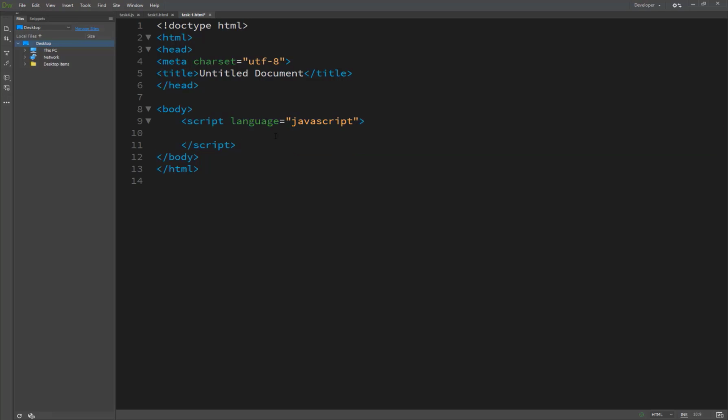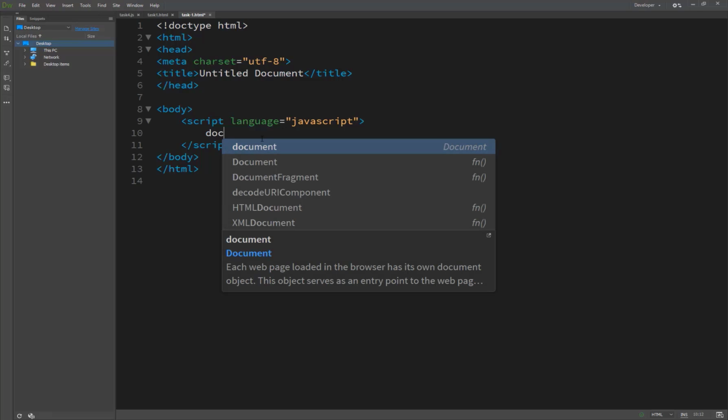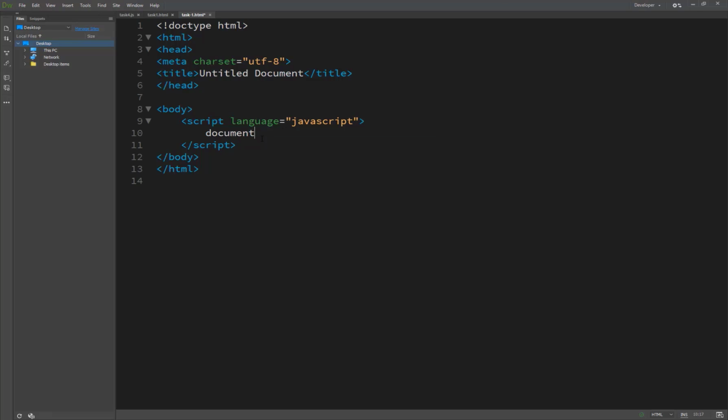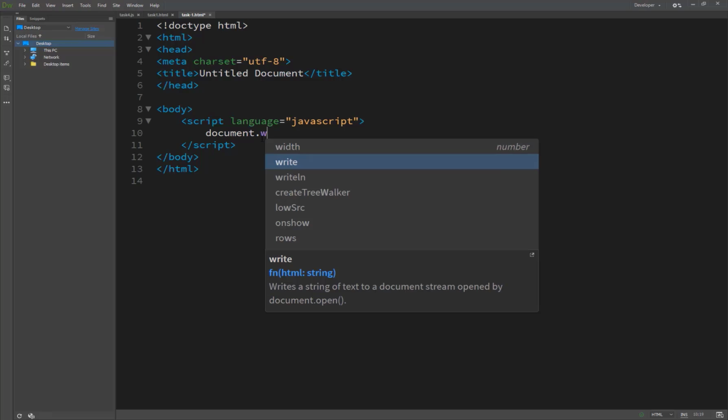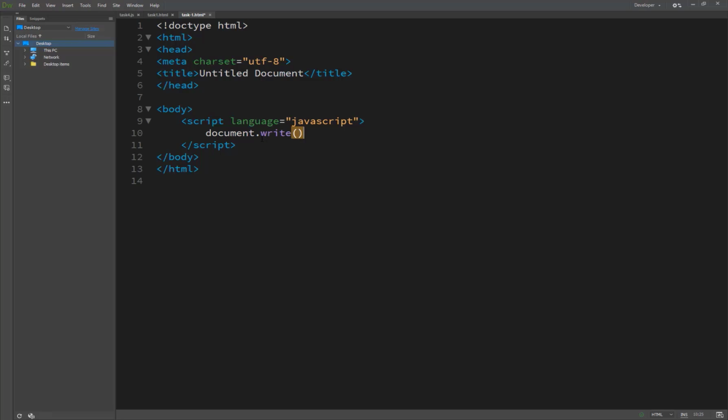So we are creating a script block, but something we are trying to show, or we are just trying to get a result on our browser inside the JavaScript. So we are just writing here document.write, and then brackets, and inside the brackets we are just passing a string value which we want to show on our browser.